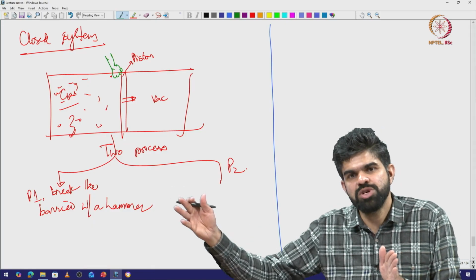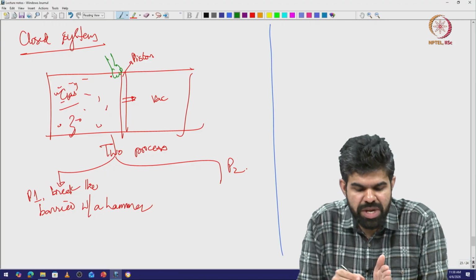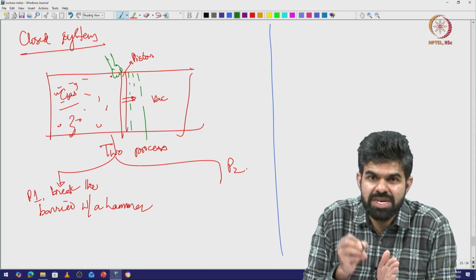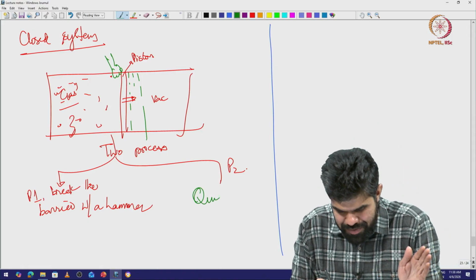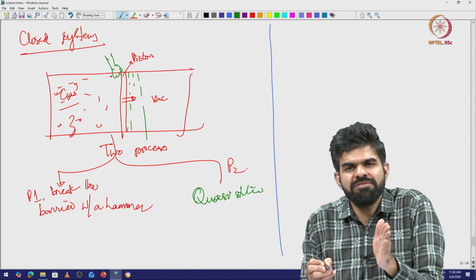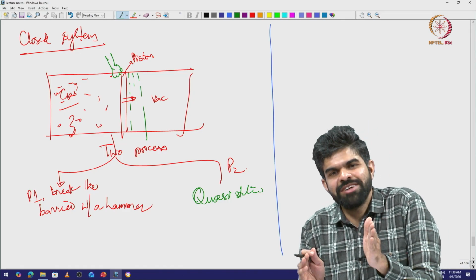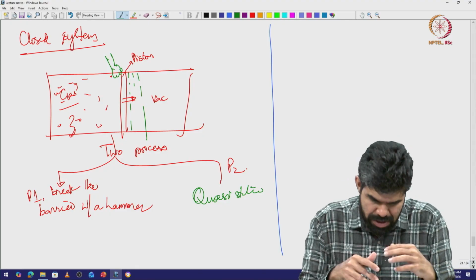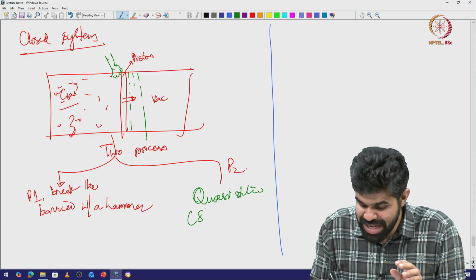Because the vacuum is just going to pull the piston away, but I prevent it from expanding, I slowly just pull it to this distance, then to this distance, then to this distance. So, I am doing this in a very quasi static manner. It is not completely static, but I am pulling it, waiting long enough for all these gas molecules to rearrange themselves, then pulling it again and waiting long enough to make sure that all gas molecules come to some kind of an equilibrium and so on and so forth. So, I am doing this in a very slow way.